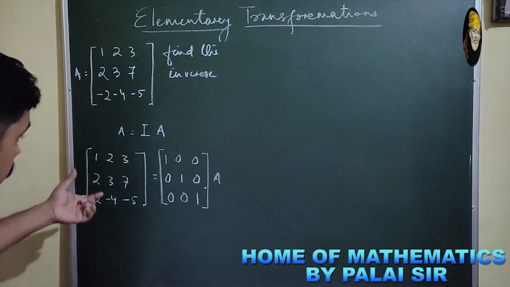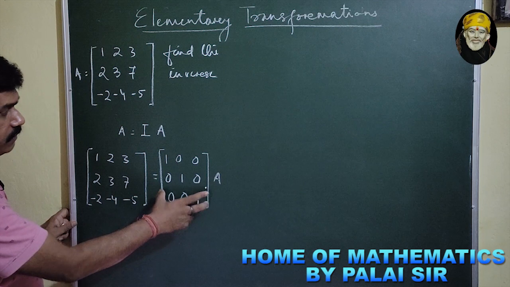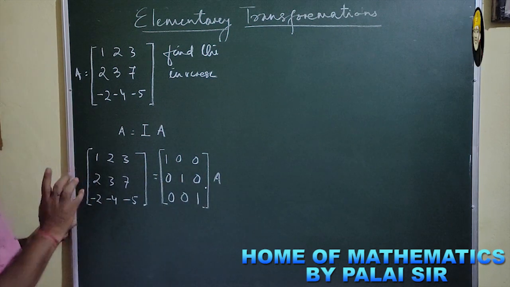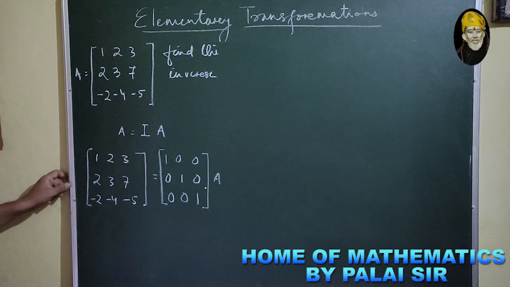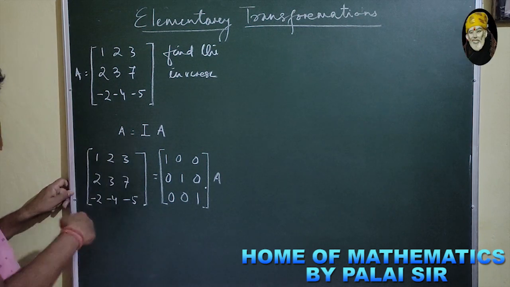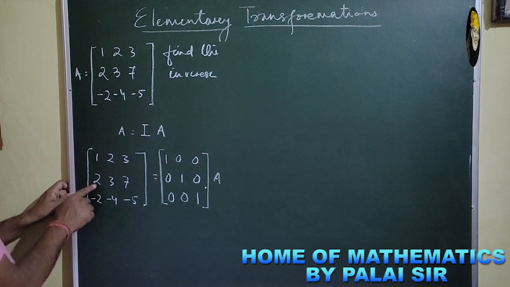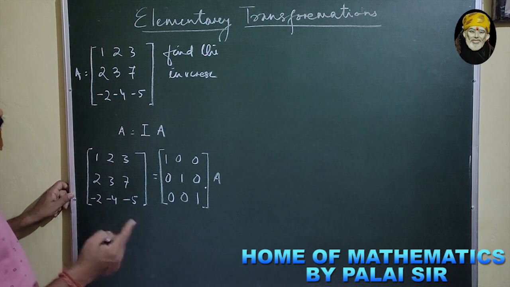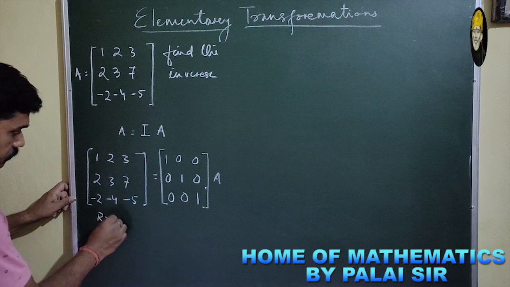What do we have to do here? If we convert this into the identity matrix, then the value that comes here is taken as A inverse, because A inverse into A gives you I, which we have discussed. To make this an identity matrix, what do we need on the diagonal? We need 1, 1, 1 and the rest of the elements we have to make 0. So here we need 0, and here also we need 0. So if we do the row operation, row transformation, here you can write R2 equal to what?